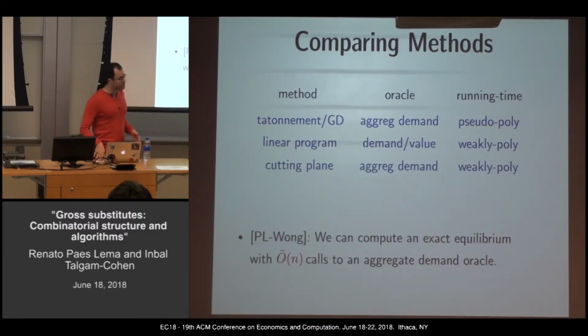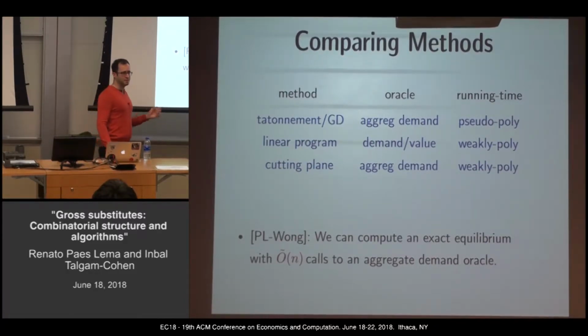There is a way to get to the aggregate demand oracle in weakly polynomial time using cutting plane algorithms. So you use a convex optimization formulation, and then you run a cutting plane. There are some tricks here, because in cutting plane algorithms you usually know how to evaluate the function. This is an interesting convex optimization problem where you know how to evaluate gradients, but you don't know how to evaluate the function. So you don't know how much phi is, but you know the gradient of phi.